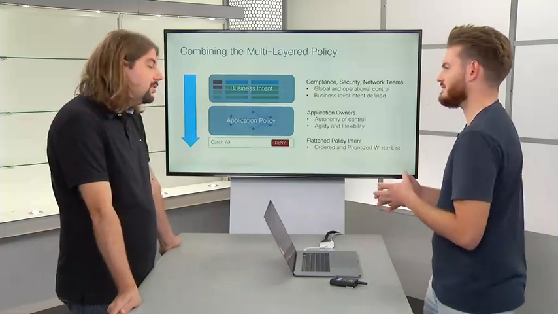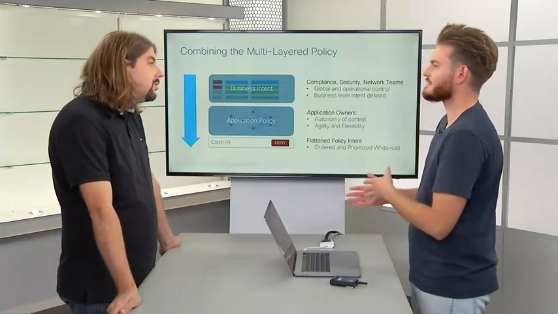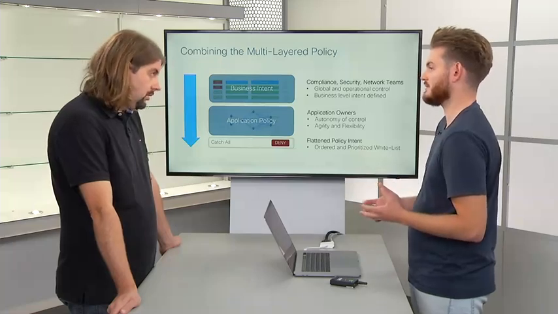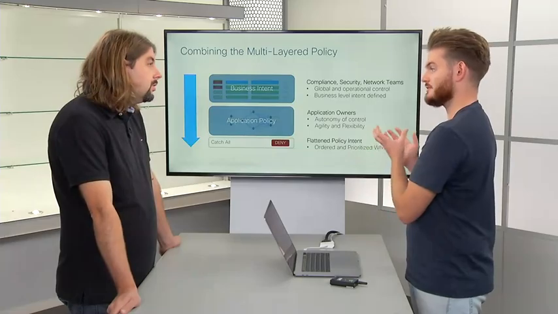Typically in the past, it's been a fight because the application team has not been able to have autonomy. They've always had to rely on the security team to make changes, even if those changes are very basic, like allowing my web tier to talk to my app tier. What we believe and what we deliver through Tetration is the capability to democratize policy enforcement. You can give those application developers a certain sandbox that allows them to do some things, but also provides controls around that so that they cannot step outside the boundaries of that sandbox, including ensuring things like those regulatory policies are always enforced on every application, no matter what the app developer does.